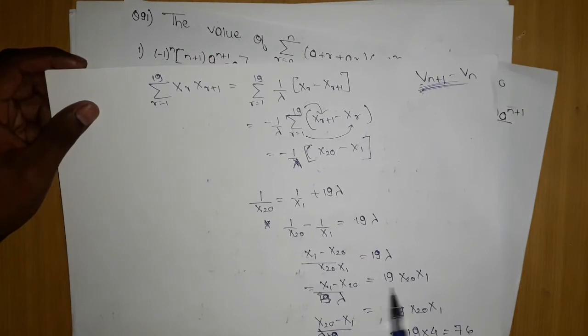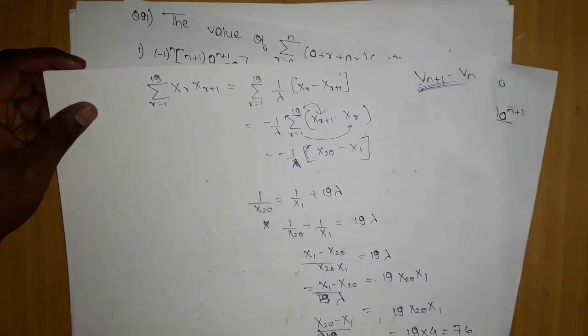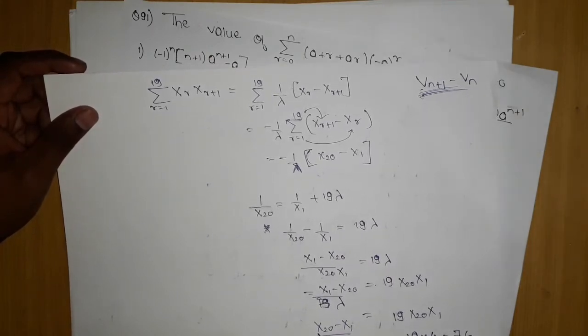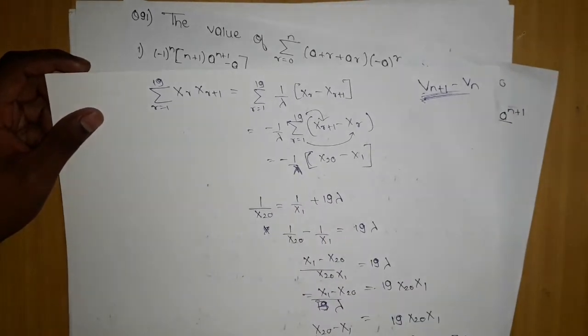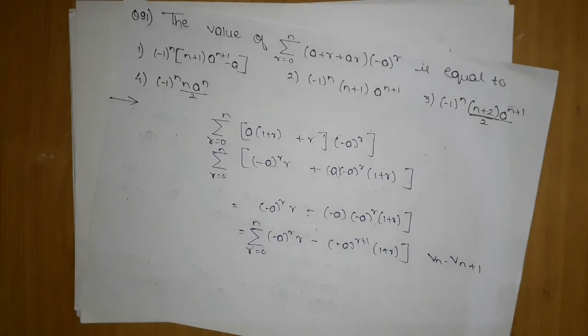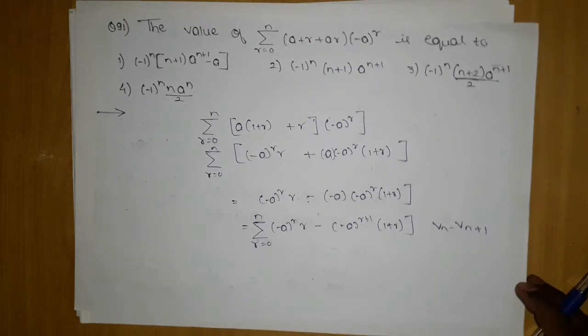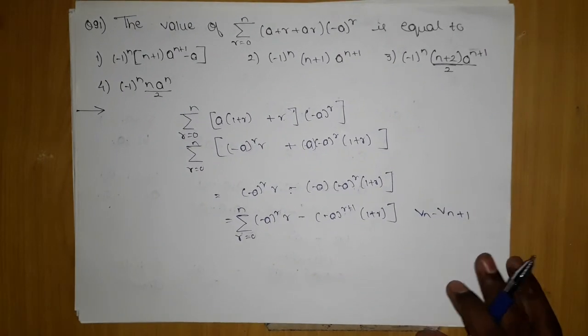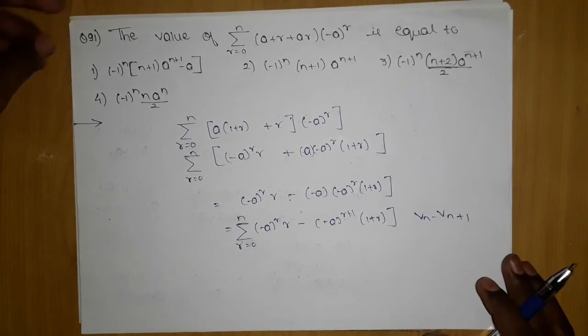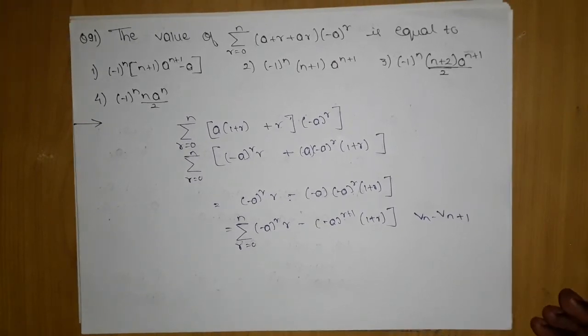Here you will again get the minus n and it will cancel out. There is no need to worry. Even if I had not taken the minus also, our answer would have come out correct. You can try it out. Sometimes I make mistakes. If you get anything wrong, you can comment it and I will tell you the right answer. And I will check the video and edit it.